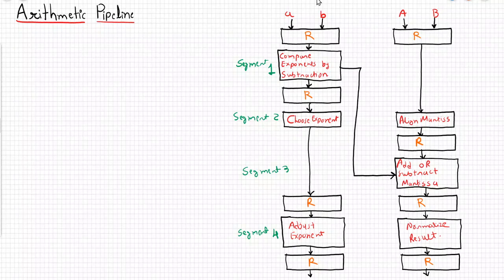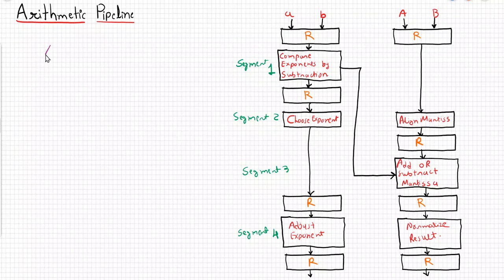Here we will discuss arithmetic pipeline. Most of the time arithmetic pipelines are implemented using 4 segments, or it depends on the type of the operation. Out of the normal arithmetic operations like addition, subtraction, multiplication, division, we will create an arithmetic pipeline for addition. This pipeline is basically a floating point arithmetic addition pipeline.